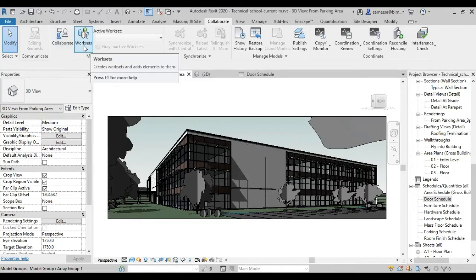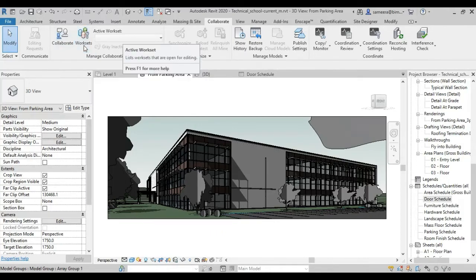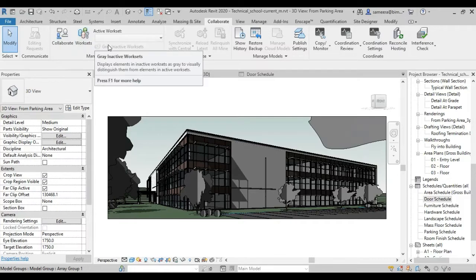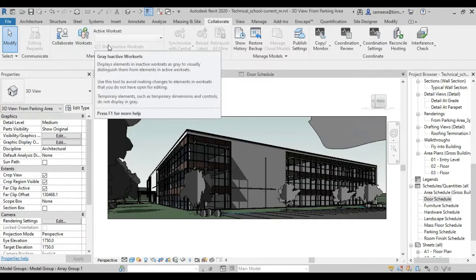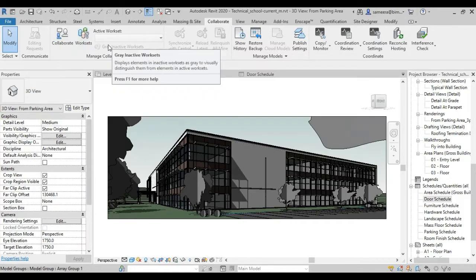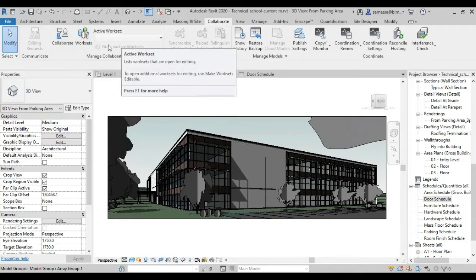After having some worksets, we can change the worksets from this active workset window. And if we know which things are assigned to the corresponding workset, you have to enable the gray inactive windows. Then the inactive windows will be in a gray color, and only the active worksets we can see in black color. So if we know how to do this, we can answer the question. Okay, that's it.